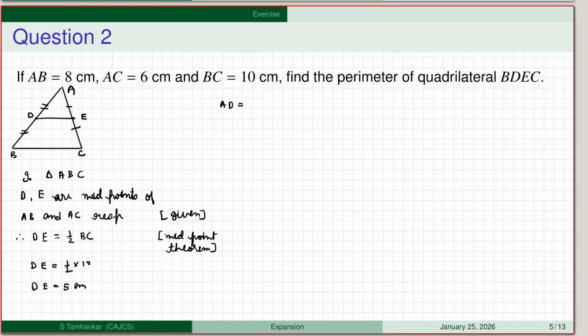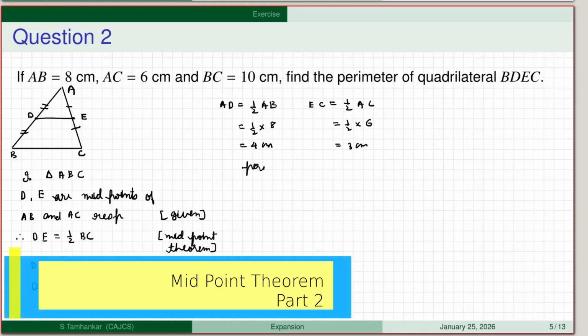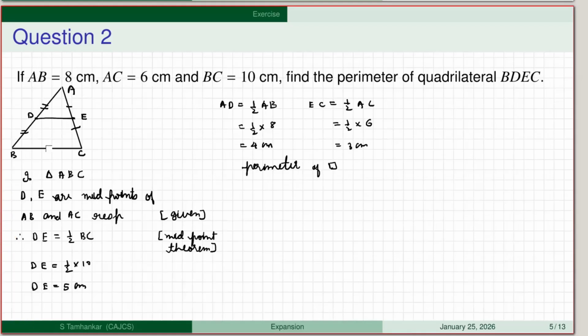Similarly, we will get AD as half of AB, and that is half of 8, which is 4 centimeters, and we get EC is half of AC, and that will be 3 centimeters. So what do we need? Perimeter of quadrilateral